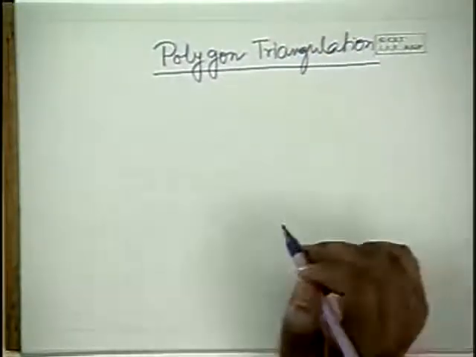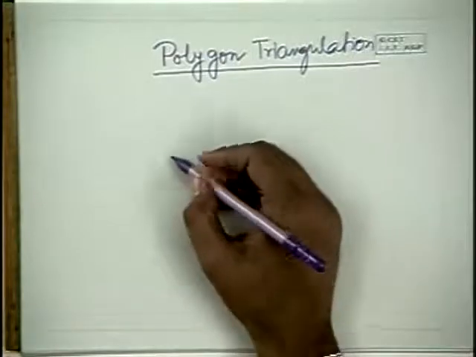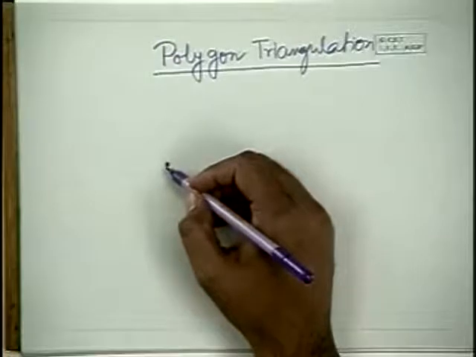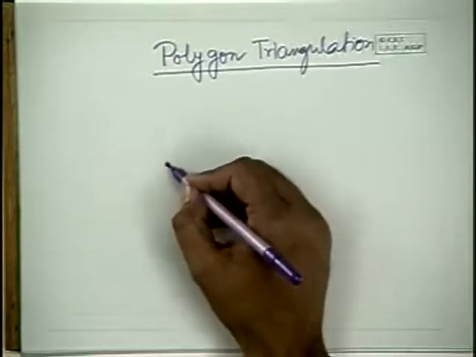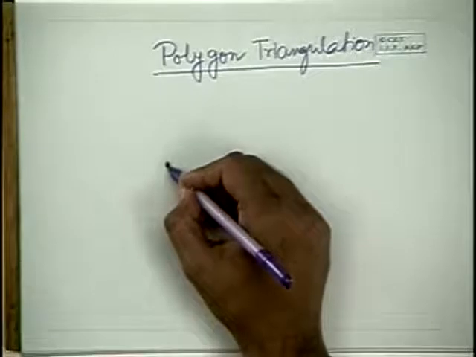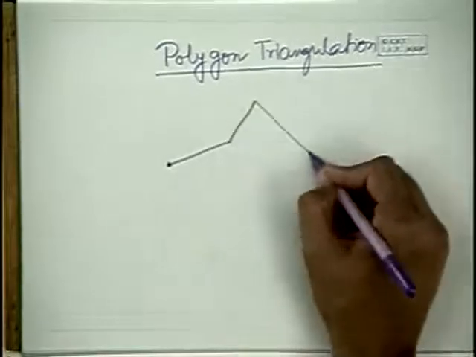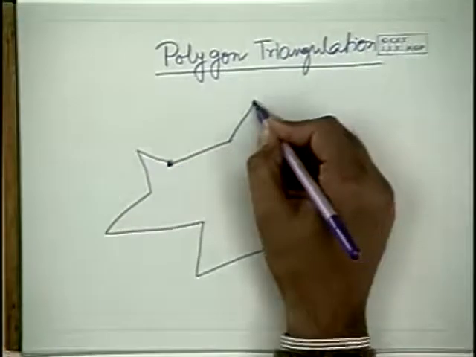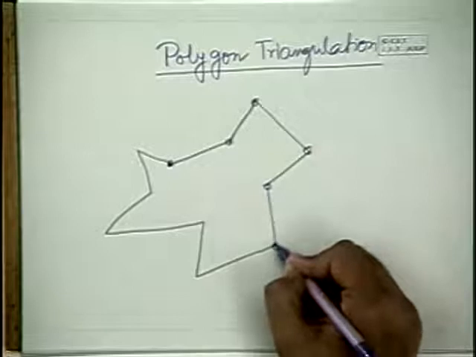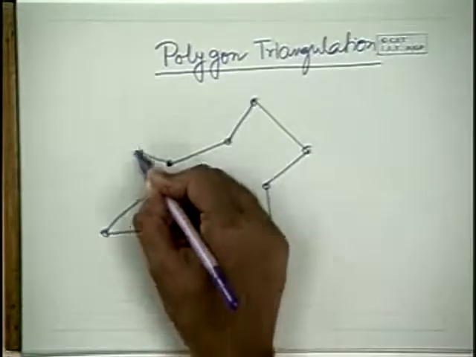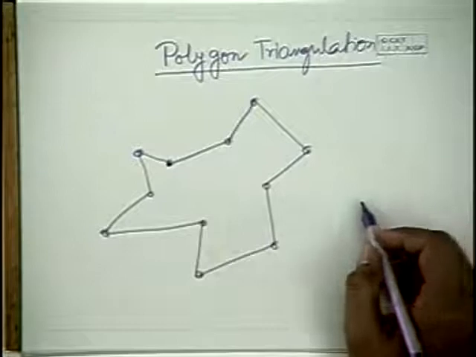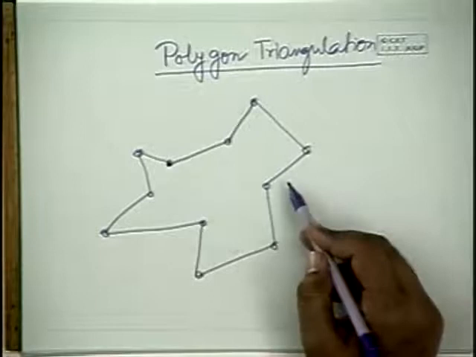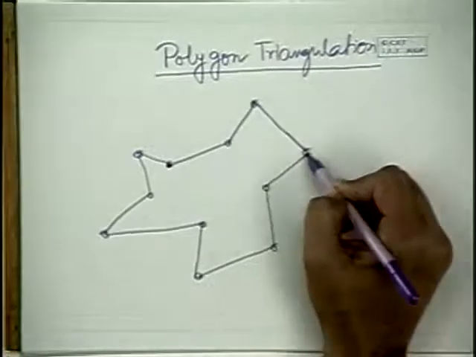Okay, so what is a polygon? Everybody knows it, I guess. So a polygon is basically a region in 2 dimension where the 2-dimensional region is bounded by a set of edges, straight line edges, going over some vertices. So here it's a polygon. So I have just drawn one polygon. Okay, assumption is no 2 edge cross. So it's a valid polygon. So these are called edges, these are called vertices.